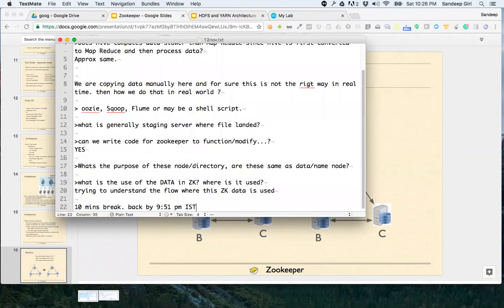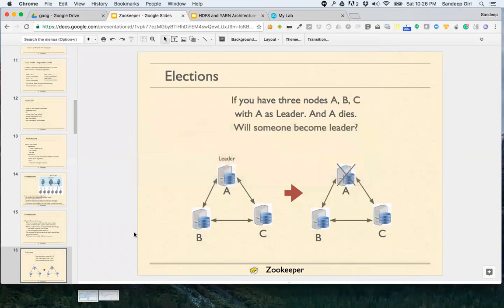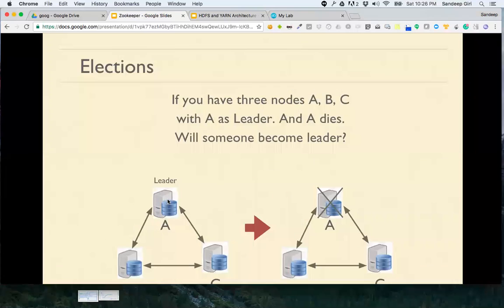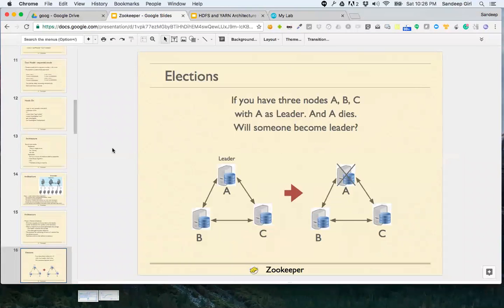Okay, it should be possible. All right. So yes, you were all right that there will be a leader in this case.